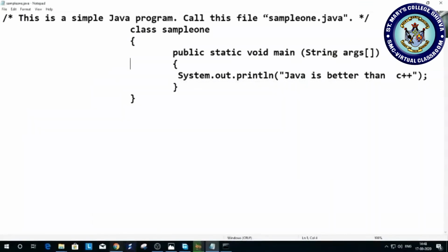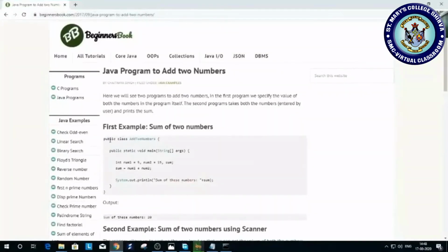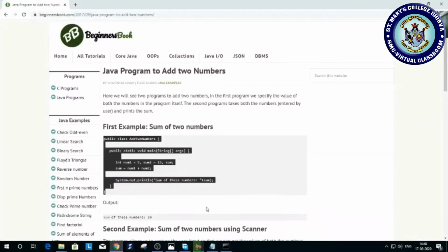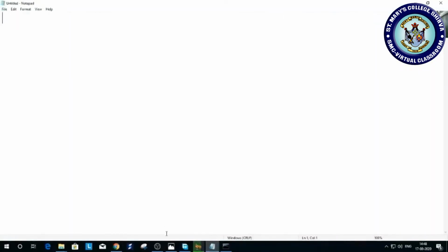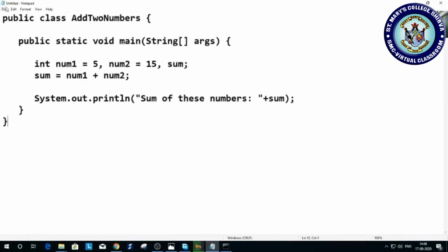Let me take the second program, I am going to explain it to you. Here I am taking the summation of two numbers. Now I am taking a new file. I have typed class public AddTwoNumbers, followed by the main method, followed by variable declaration and initialization, and processing.